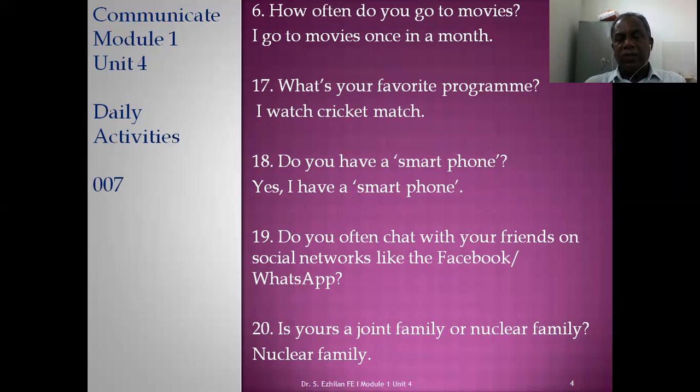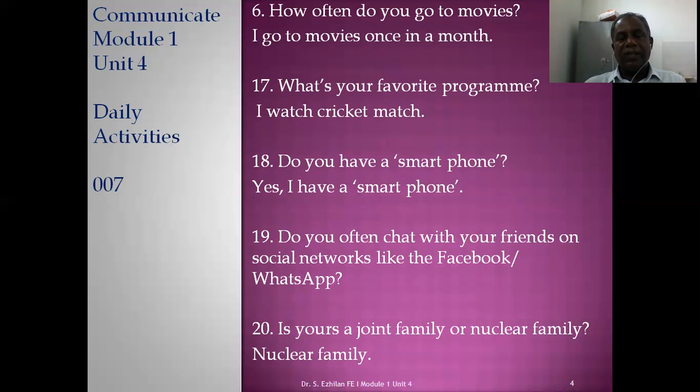Is yours a joint family or nuclear family? In olden days, father, father's father, mother, mother's mother, everybody used to stay in one home. That is a joint family. Grandfather, grandmother, parents, and our elders and relatives were all there in the family. Now also we have a few such families, but due to technology and other transformations, most families nowadays are nuclear families. That means a separate family, parents alone.